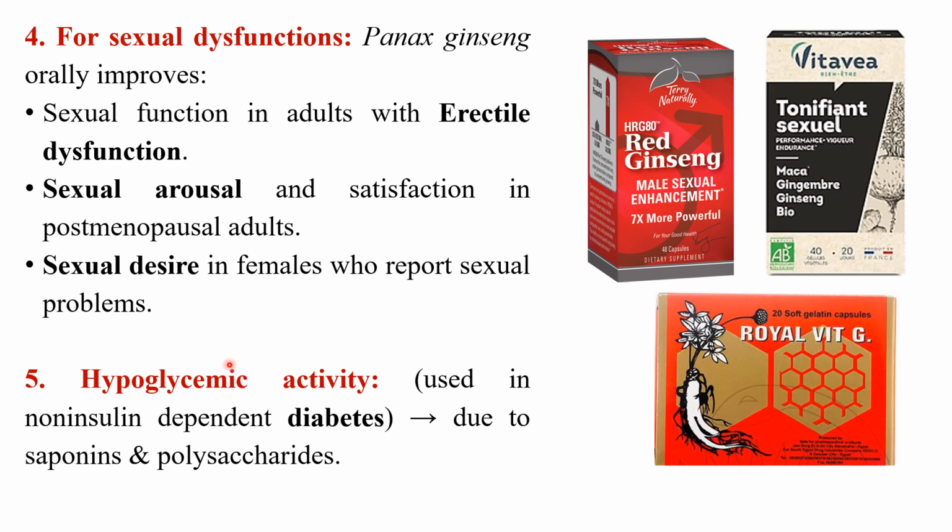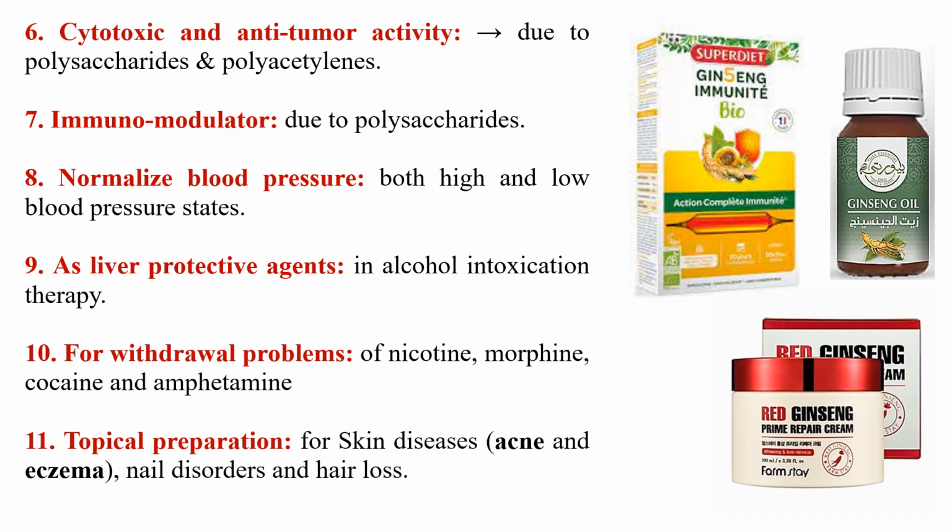Ginseng also is reported for its hypoglycemic activity. It is used in non-insulin dependent diabetes or type 2 diabetes due to the effect of saponins and polysaccharides. There are several other important uses for ginseng, such as its anti-tumor or cytotoxic activity due to the presence of polysaccharides and polyacetylenes. Immunomodulator due to polysaccharides is a very important natural treatment to boost the immune system to fight infectious diseases. You can see here, for example, this product is called ginseng immunity for enhancement of the immune system, containing ginseng